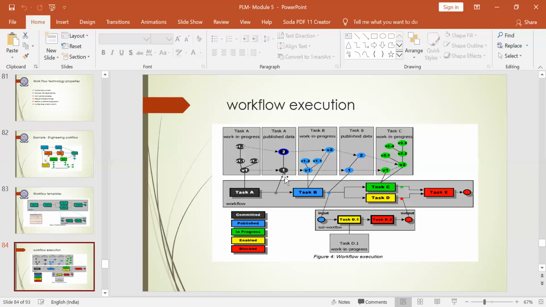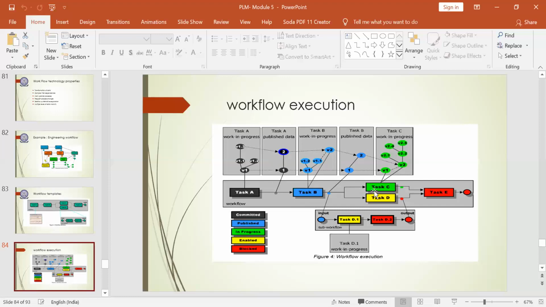Later, the output of task A will be taken as an input for task B, and the work gets started in task B. Okay, since these are published data, what they are using for the work is coded by the color blue. So once the work has been done, the green color represents which task is currently going on.